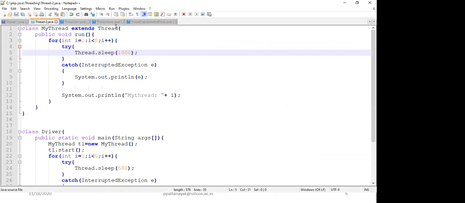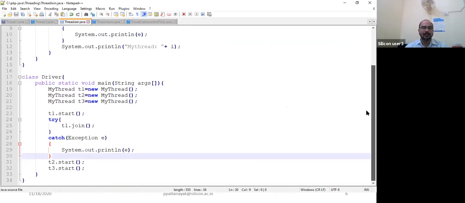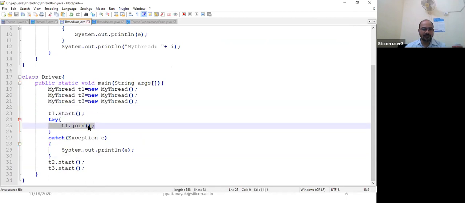Hopefully I have written thread join. Yes, the same program is here. Thread join. You can see that T1 starts here, and main has also started, but when this instruction executes, T1 has to complete. Then after that, main and everything else will execute.